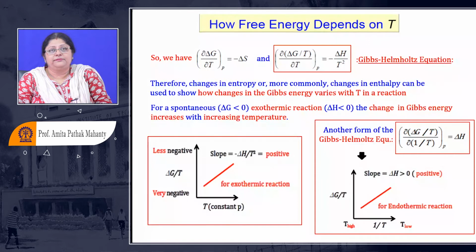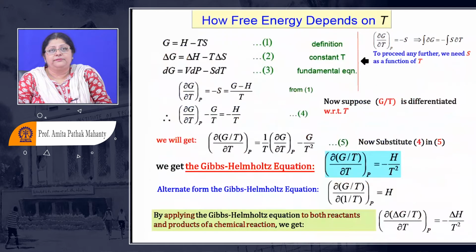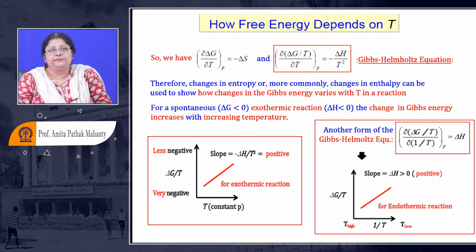From the fundamental definition, we have delta G equal to V delta P minus S delta T. When I am talking about a process being carried out at constant pressure, we have found out how it depends on temperature when the pressure remains constant. So now if I want to find out what delta G is going to be with pressure, or with temperature, what is going to be measured?